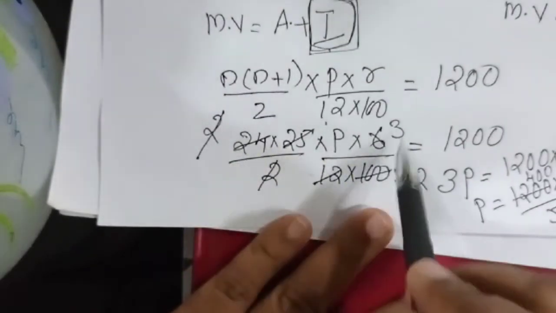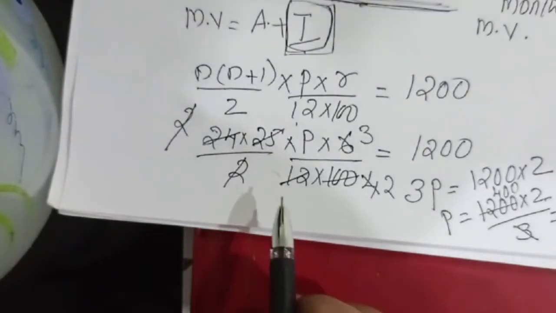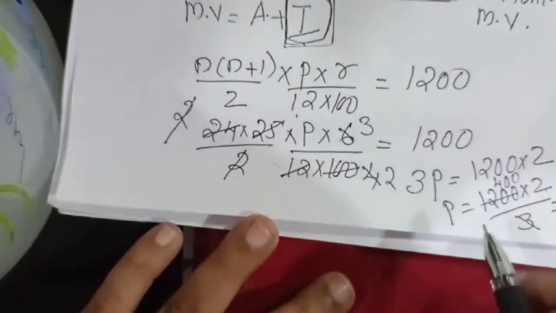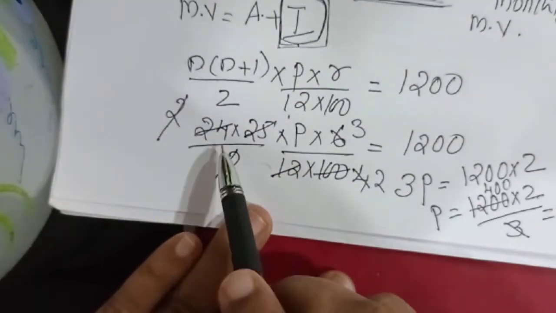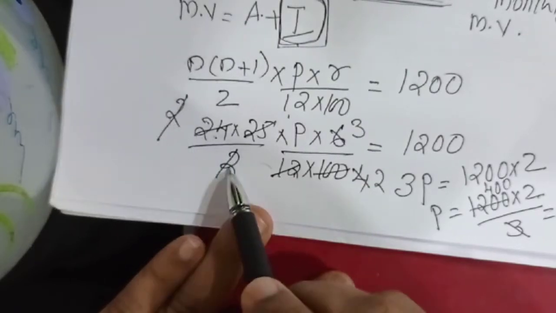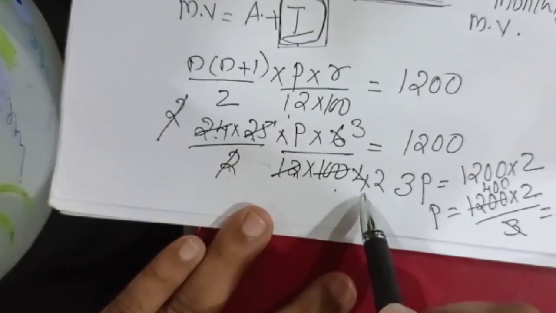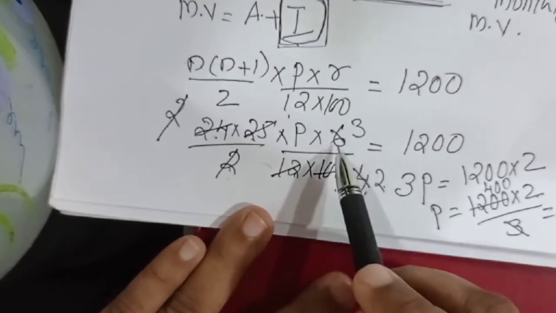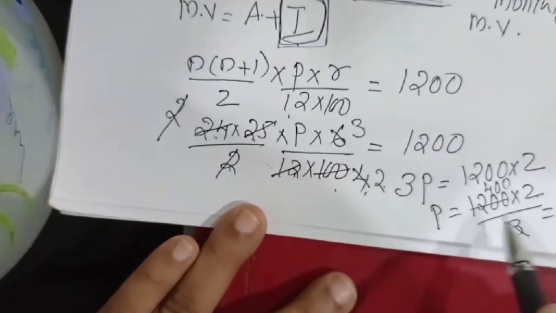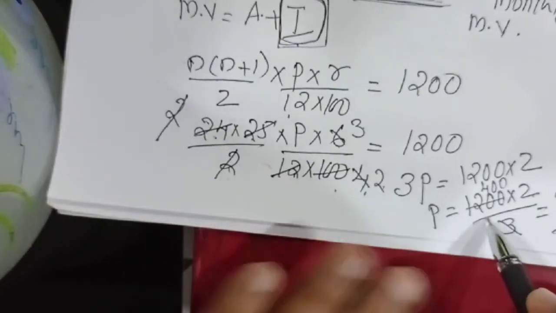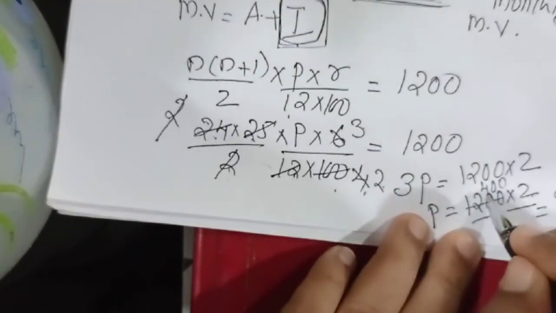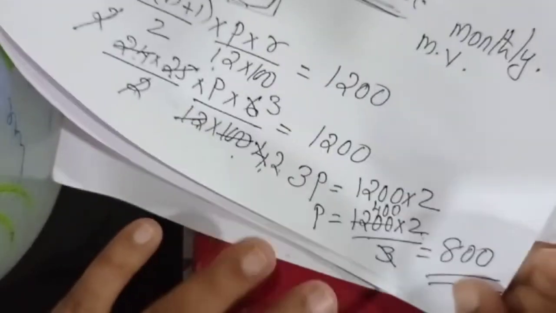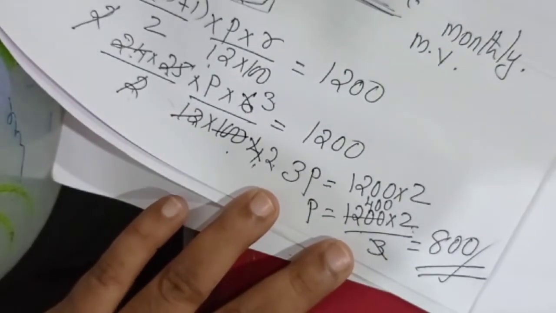Now to check the calculation. Understand? If there is any calculation mistake, correct that. Here, 12, 24, 2, 2, 2 cancel, 25, 100, 4, then 4 and 6, 2 2s are 4, 2 3s are 6. Now cross multiplication. Then 3, 400, 800. Check that answer. Otherwise, write the correct answer if it is 800 here.